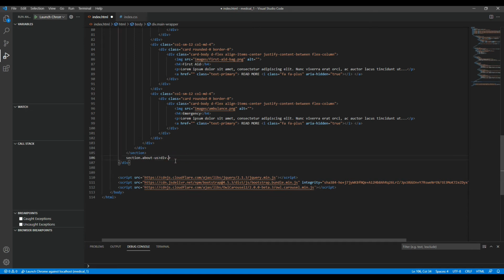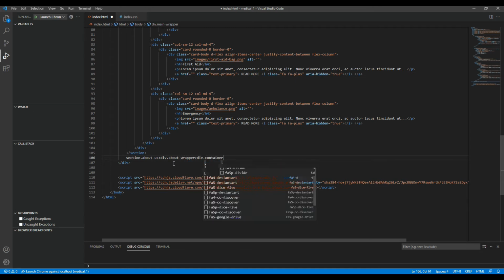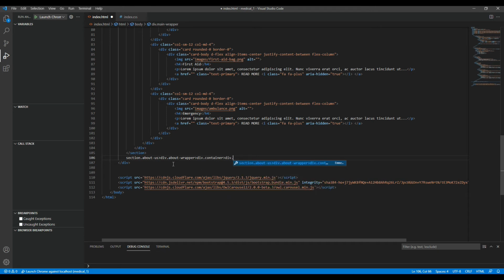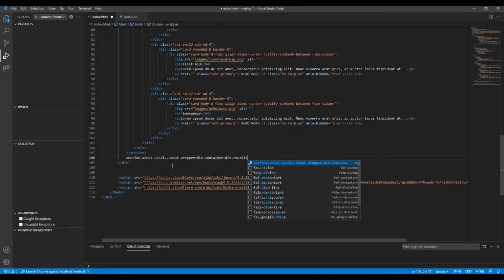This container will have a about wrapper, have a div with container, div with row, then a div